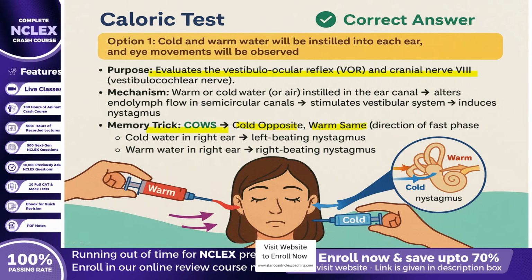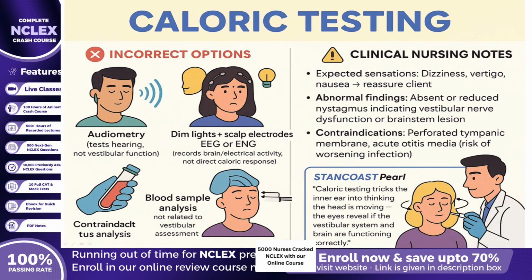For example, cold water in the right ear produces left-beating nystagmus, while warm water in the right ear produces right-beating nystagmus. Now, let us explore why the other options are not correct. Option 2, which describes earphones transmitting sound waves, refers to audiometric testing, a procedure for evaluating hearing but not vestibular